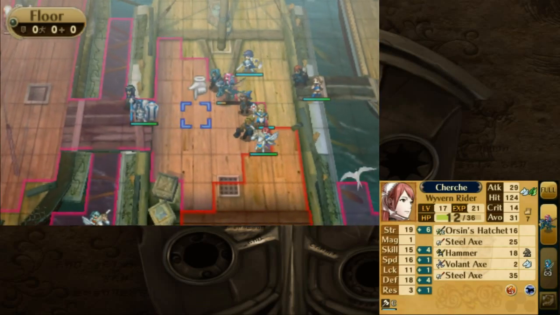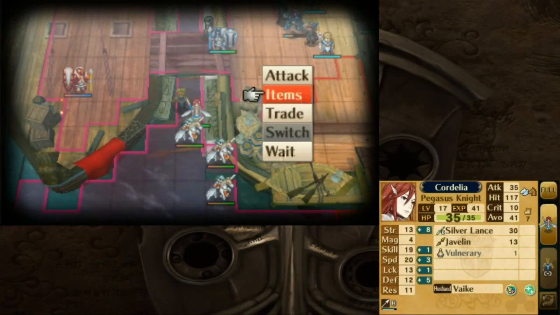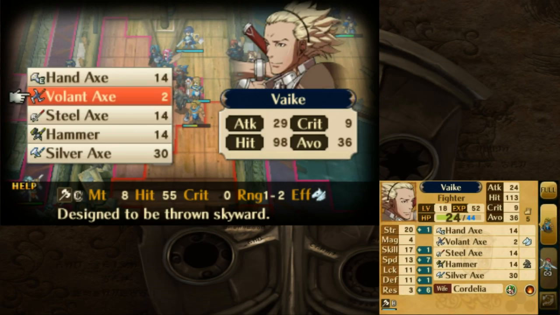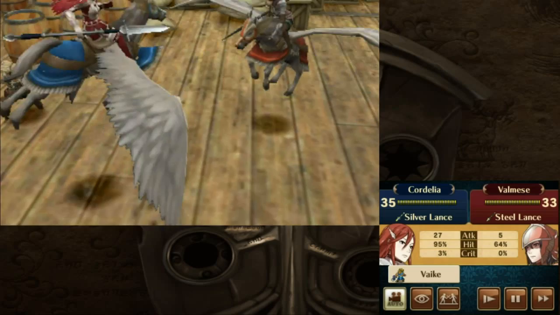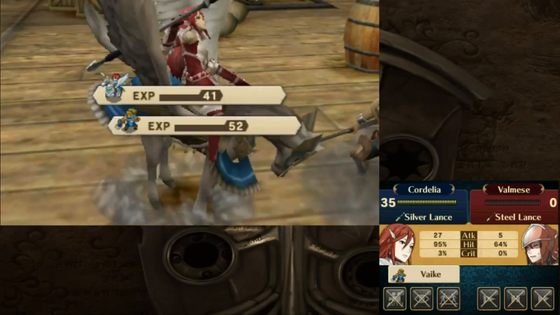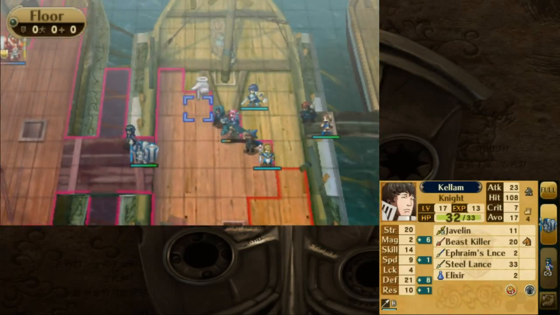So, what I'm actually going to do here is might actually go and fly down with Cordelia there. Actually, might as well do that, and then switch over and attempt to thin their numbers. Thank you. They aren't too much of a threat individually, but in groups, and oh boy, they're going to get even more in groups very, very soon, so...